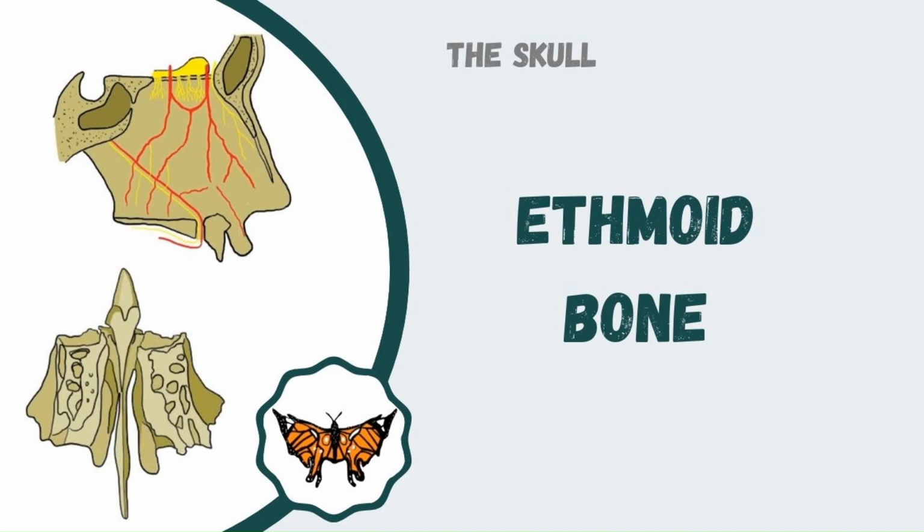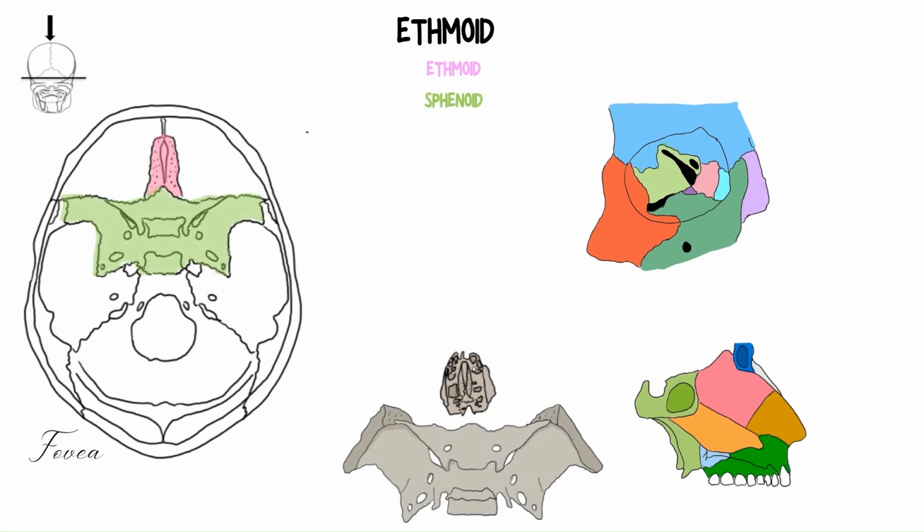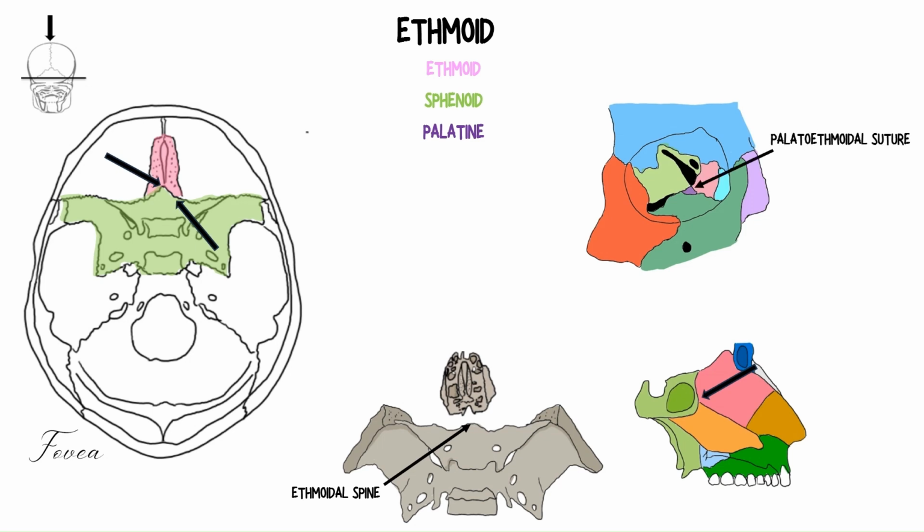Hello everyone. Today we are going to talk about the ethmoid, a small bone that is part of the anterior cranial fossa and borders the orbital and nasal cavities. It articulates with the sphenoid at 3 points: with the ethmoidal spine of the sphenoid, with the sphenoidal rostrum, and with the body of the sphenoid; with the palatine via the palatoethmoidal suture at the level of the orbit, a